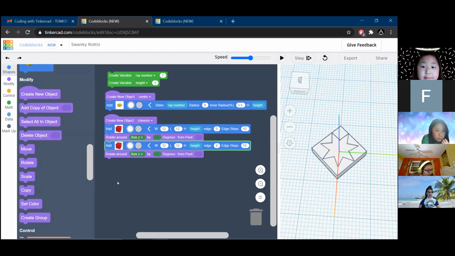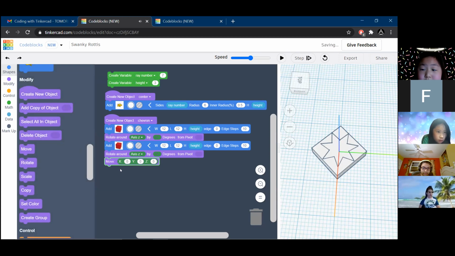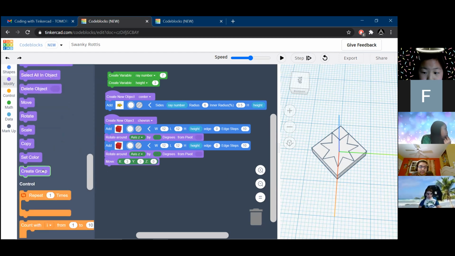And the last thing we're going to do is move this last block that we made. So we are going to drag over the move, and into X, we're going to type in 3. And the last one we have is just this purple create group button. So if we play this, it should look like this.